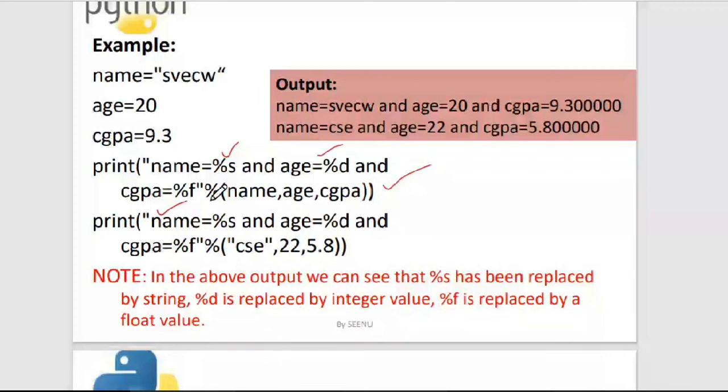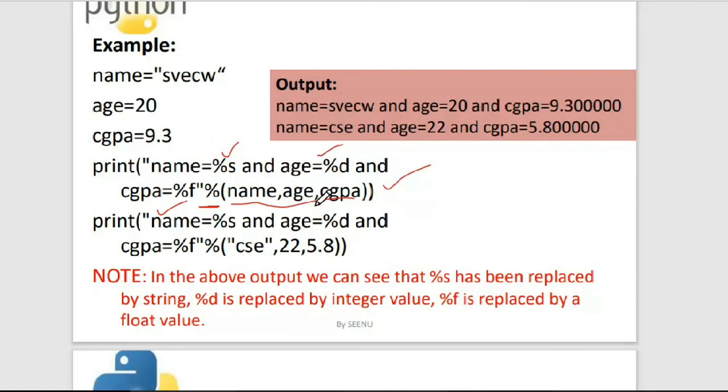You put a percent sign, and since there is more than one value to be printed, you put parentheses and list out all the identifiers. The first identifier is name, the second is age, and you should not jumble them. You should not put age, name, and CGPA; then that is an error.